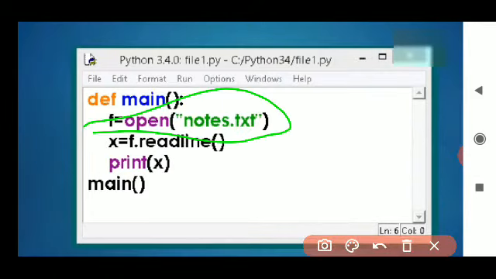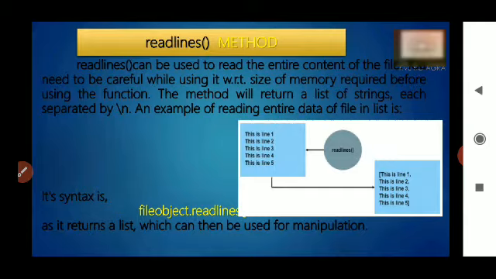Another method is readlines, which is just the plural of readline. It reads the entire content of the file, so we need to be careful while using it, because of the size of memory required before using the function.